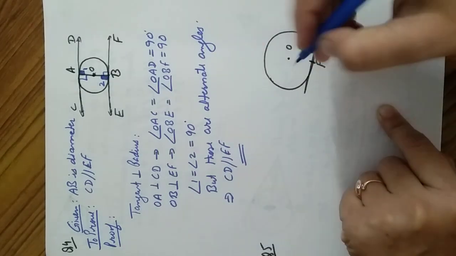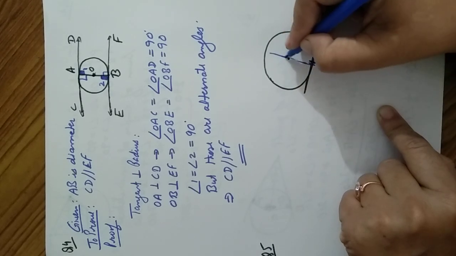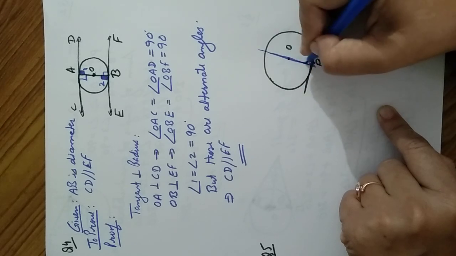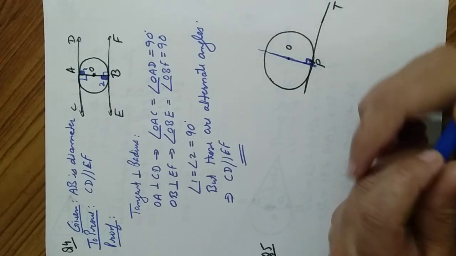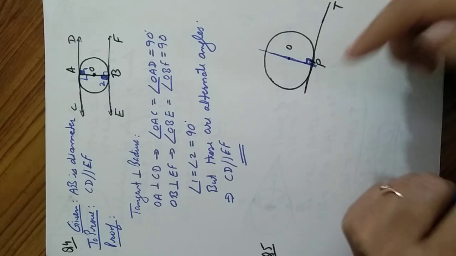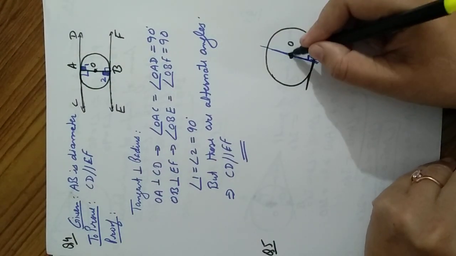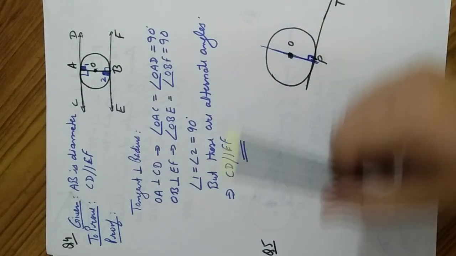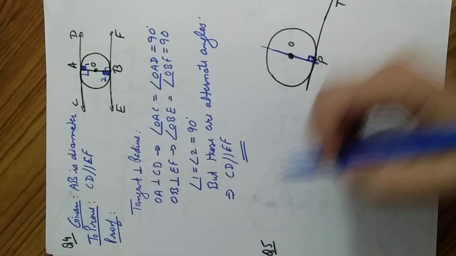So what will we do? We will draw the perpendicular at this point. If I draw the perpendicular at this point, this line will again be straight. Perpendicular means this angle is 90 degrees. Now the question is that if we have drawn the perpendicular at this point of contact, then it must pass through the center. We have to show that this perpendicular line must pass through point O. So this one is a theoretical question. We have done the theorem also that the tangent is always perpendicular to the radius.